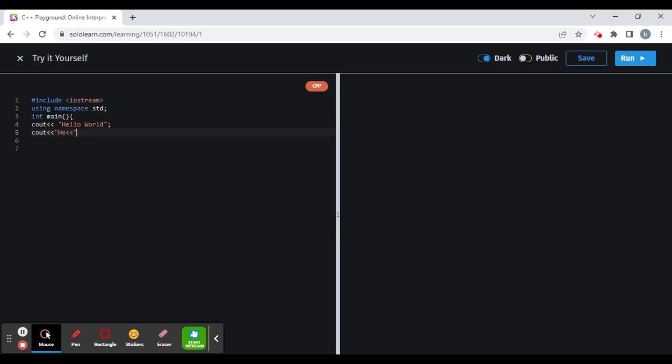Notice I didn't leave a space here, so I didn't leave a space in between. Okay, and let's do another insertion operator.